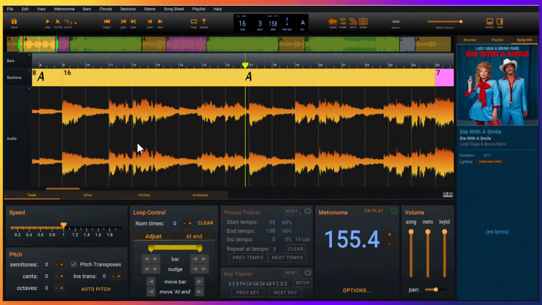In this song, Songmaster detected the time signature as 3/4. However, listening to it,